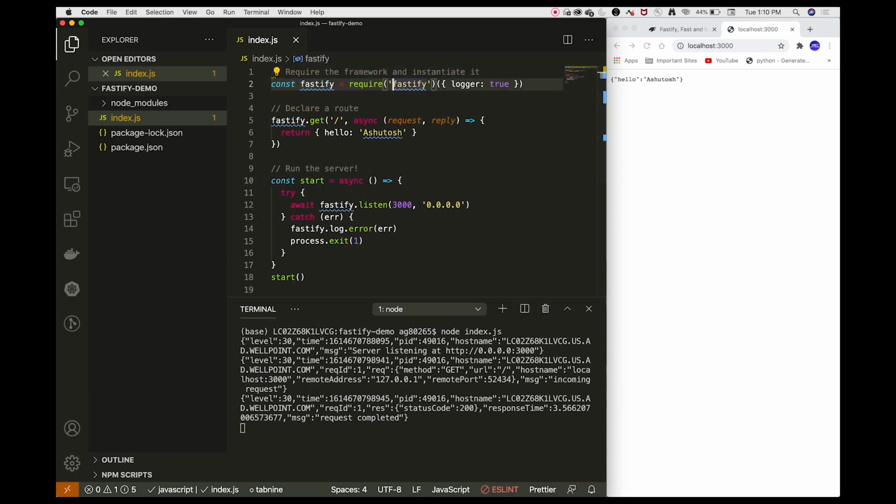So in plain JavaScript, everything is an object, and in Fastify everything is a plugin. If you import anything in plain JavaScript, that by default becomes a JavaScript object. For example, if we have imported this Fastify plugin, then this Fastify plugin has become a JavaScript object.